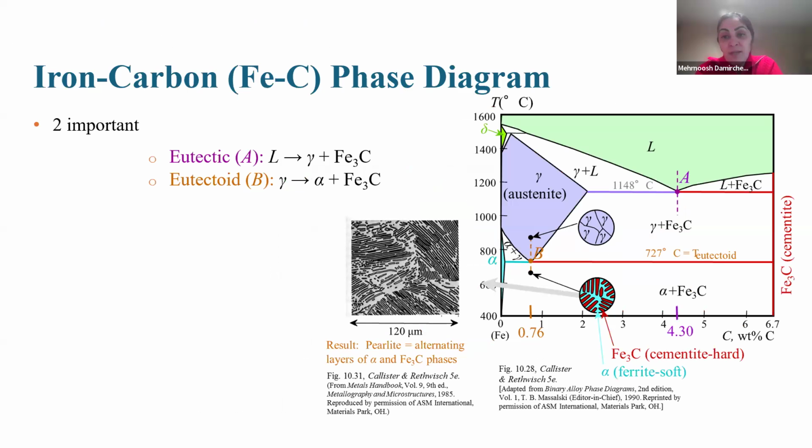Okay. Let's look at the iron-carbon phase diagram, one of the most important diagrams in material science and metallurgy, and specifically for mechanical engineers, it is so important for knowing the mechanical properties and microstructures of different phases. In the next video, we see the effect of the cooling rate, the effect of the time that we keep at that temperature in phase transitions, and we see other phases that you cannot see in the phase diagram.